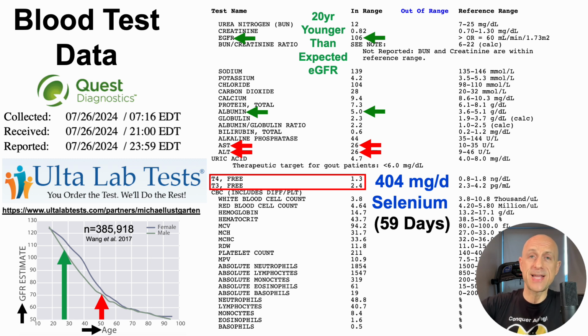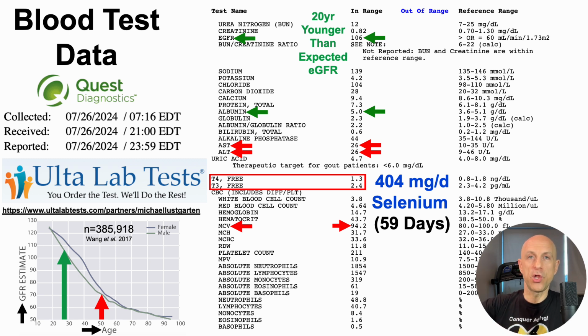Now, I didn't measure plasma levels of selenium to see if I was able to increase selenium in blood via an increase in dietary intake. So that could be something that I look at in the future, but I'm pretty confident that what's in the Brazil nuts should represent a higher blood level of selenium. So with that in mind, I've got to come up with a different approach other than increasing selenium, which is a required cofactor for conversion of T4 to T3, which is why I did that increasing selenium experiment to potentially increase the conversion of T4 to T3. So I've got to come up with a different approach to try to improve or increase free T3 while reducing free T4.